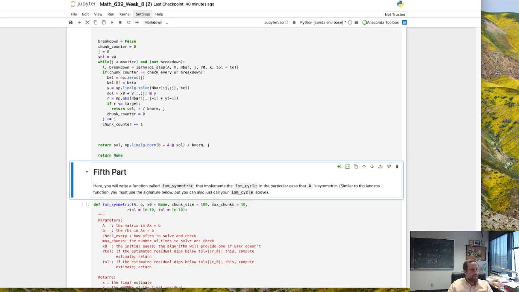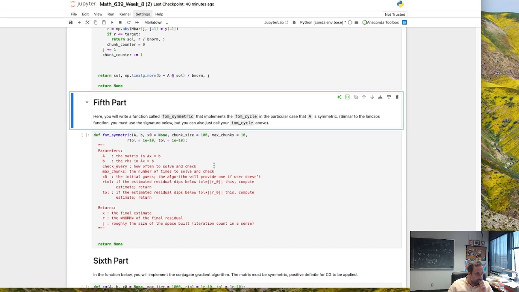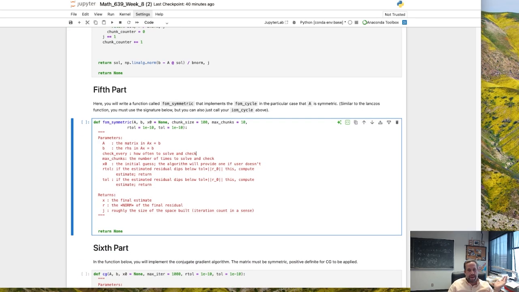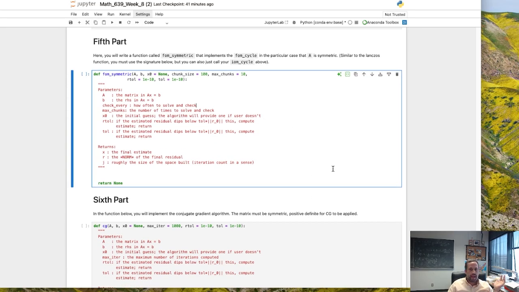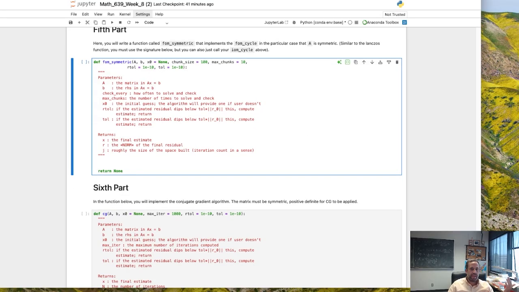Okay, so let me just, okay, good. All right, and now FOM symmetric. Again, this is going to be very, very similar to what we had last week. Same thing here, except same thing with the chunk size and the max chunks. Again, you can look at the previous lab video to see how we're going to implement that. But the only difference,